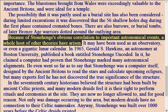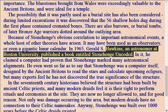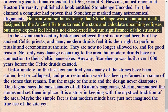Because of Stonehenge's obvious correlation to important astronomical events, a whole host of other theories have arisen. It may have been used as an observatory, or even a gigantic lunar calendar. In 1965, Gerald S. Hawkins, an astronomer at Boston University, published a book entitled Stonehenge Uncoded. In it, he claimed a computer had proven that Stonehenge marked many astronomical alignments. He even went so far as to say that Stonehenge was a computer itself, designed by the ancient Britons to read the stars and calculate upcoming eclipses, but many experts feel he has not discovered the true significance of the